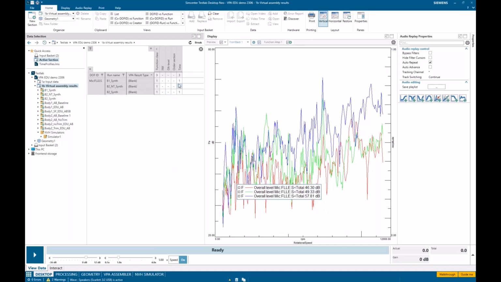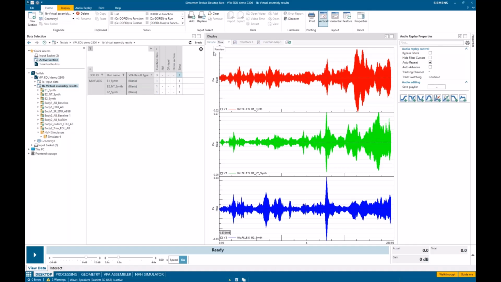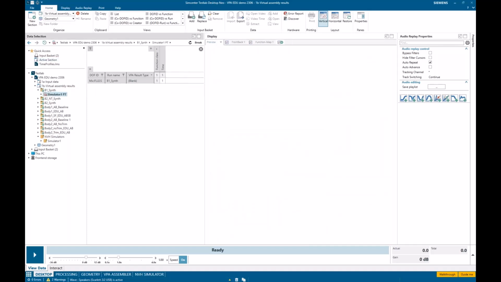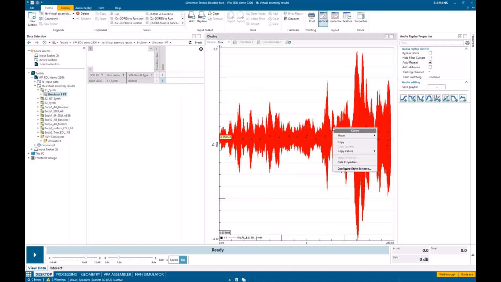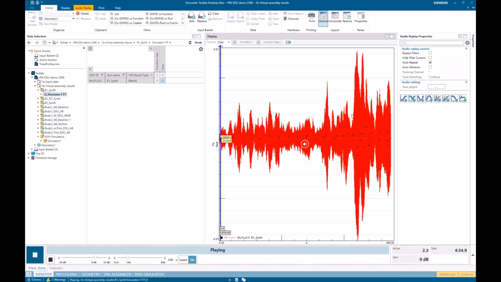Boom. And so now I've got 3 time domain LDSFs. Okay, so if I look in here, you see I've got an LDSF for each of these that I can listen to. It's time domain, and so I can do anything I would be able to do on a measured microphone.